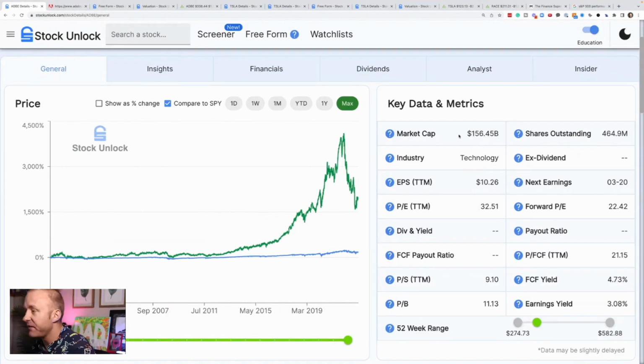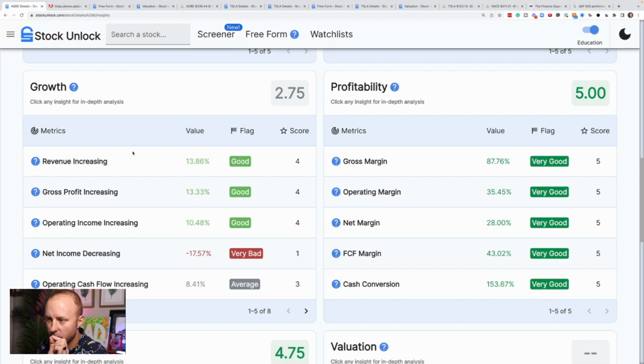It's a $156 billion market cap, trading at a price to earnings ratio of 32. But if we look at their growth expectations, the forward price to earnings ratio is 22. Okay, Adobe has revenue increasing at about 14% per year. Gross profit expected to increase about 13%. Operating income is increasing. Net income is decreasing, but this is just because of some money that they're spending on